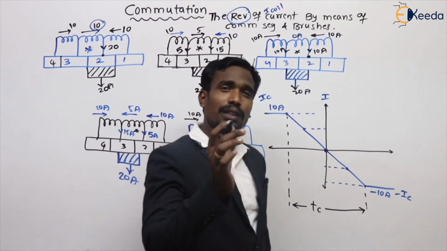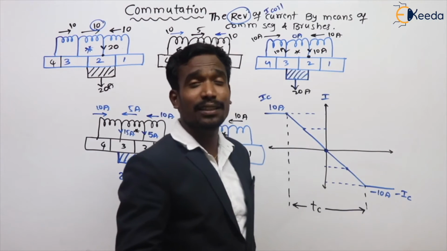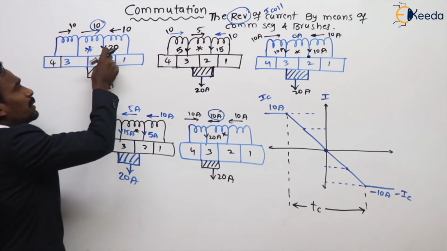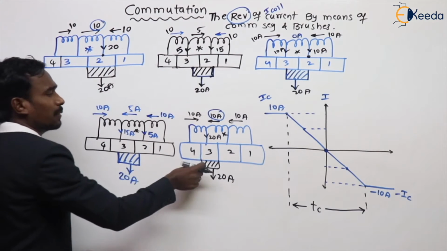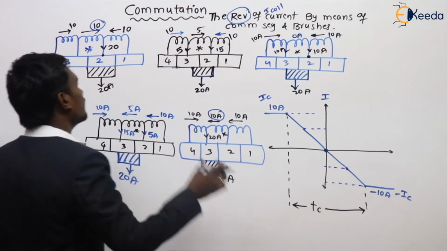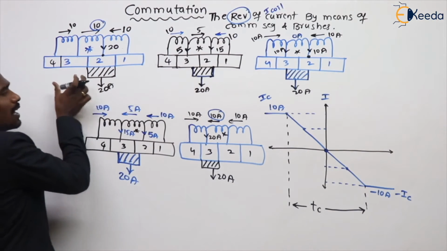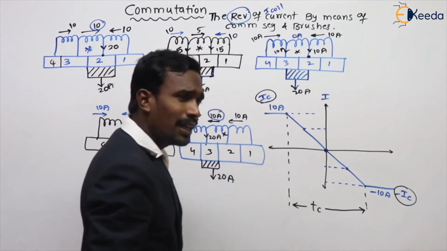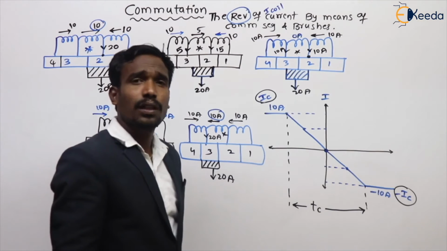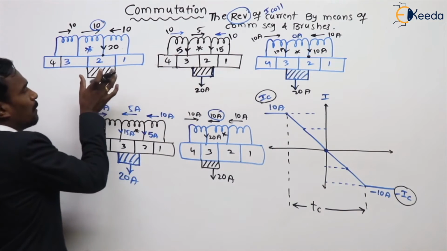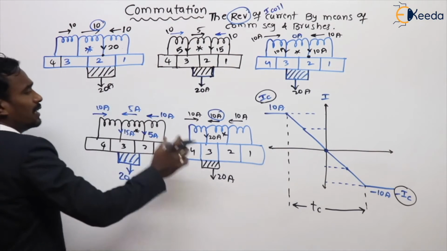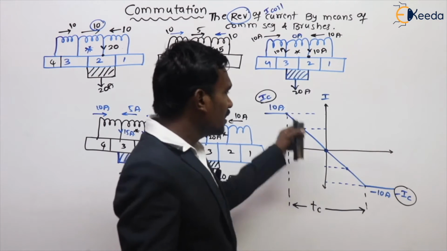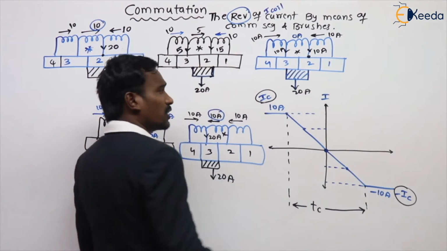Or it is also defined as the change of brush position from one commutator segment to adjacent commutator segments completely. When the brush moves from the second commutator segment to the third, then IC becomes minus IC. That's why the time taken for shifting of the brush from one commutator segment to adjacent commutator segments is called the commutation